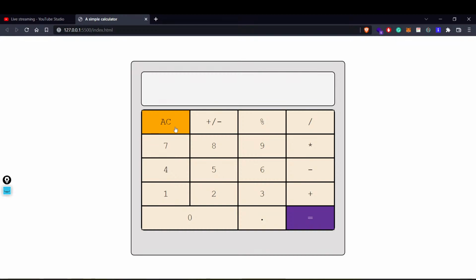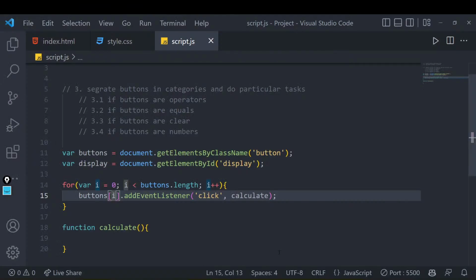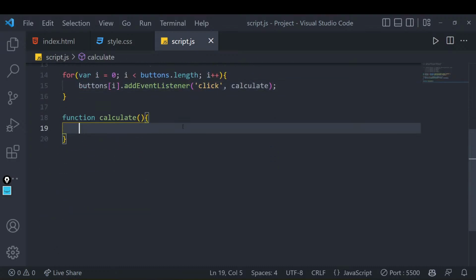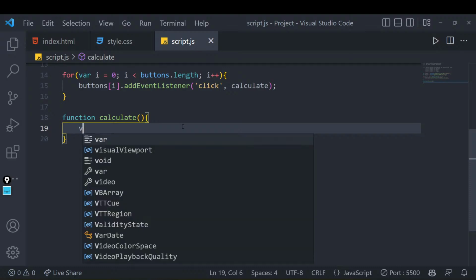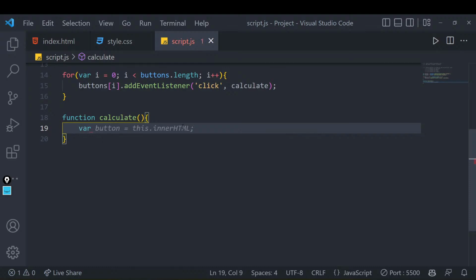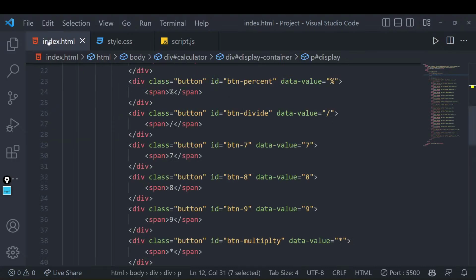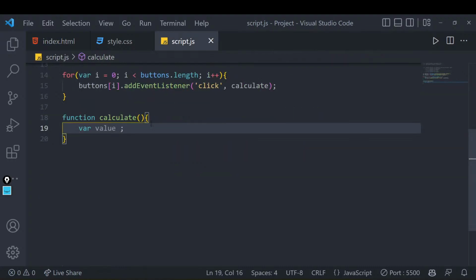How we will be doing that is, we'll be getting that by writing, where is that function for us? Yeah. We also have to select the value that we are writing, but we'll probably choose a variable called value, right? What is that value? That value will be whatever value that button contains, right? We have added this particular thing called a data value, because we want to get whatever value the button contains. So how will we get that? That is the tricky part. I will explain a little bit later.